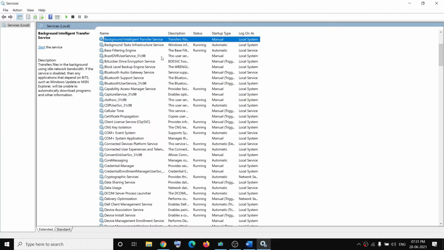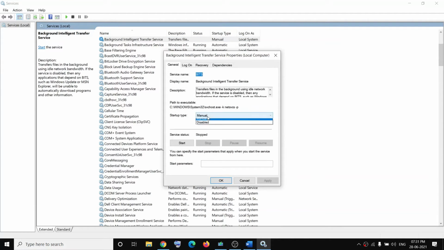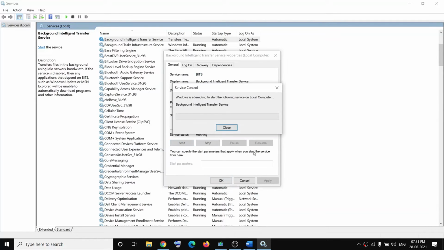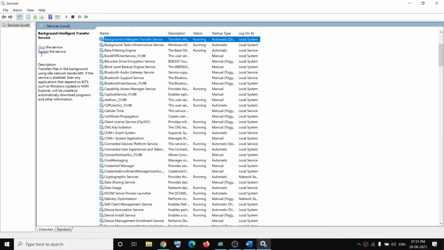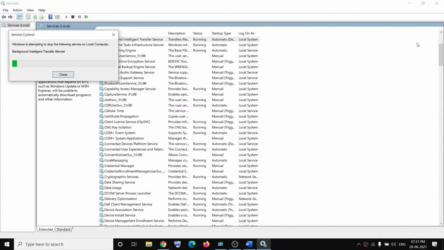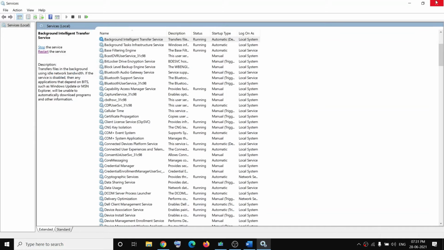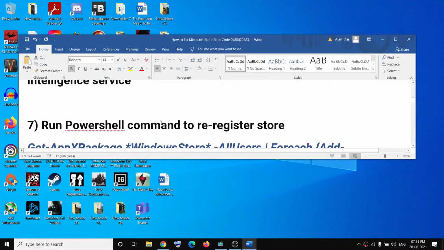So make a double click on background intelligent transfer service, then select automatic, then click on apply, click on start if highlighted, and then click on OK. And with this selected, you can go ahead and click on restart the service, and then you can go ahead and try to open Microsoft Store. Still if you are facing the problem,